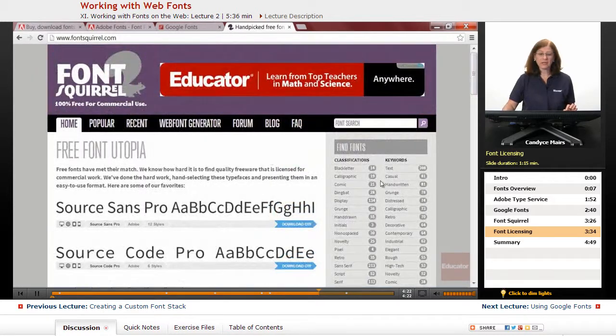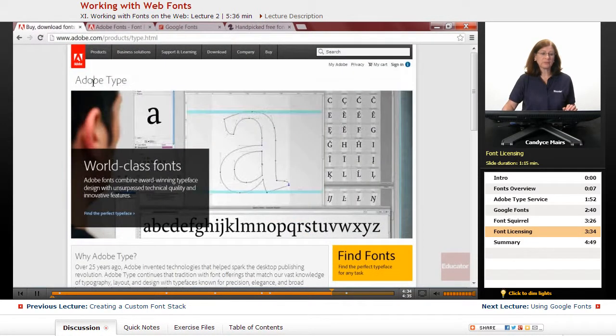So we're going to take a look at working with some of these different fonts, and specifically the Google fonts and Font Squirrel fonts, and how to install them. There is also, in addition to the Adobe Type piece, a Typekit piece available. That's another paid service where you can download and license fonts. And there are quite a few of them in addition to those. I'm just naming a few. But I just want to make you aware, when you're working with fonts on the web, you do have access to other fonts that you can store on your web server